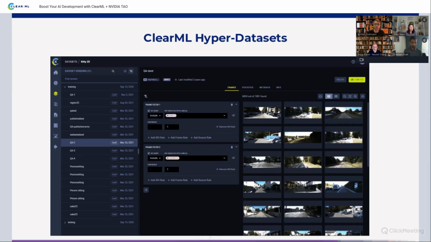Specifically, we also talked about the different aspects of data, and this is important. In the case of computer vision, and this is where NVIDIA TAO shines, is the ability to also connect data from a different perspective, meaning slice and dice the data that comes into the training or inference based on metadata. This is where ClearML hyperdatasets come into play, allowing you to create live data sets based on queries on metadata.